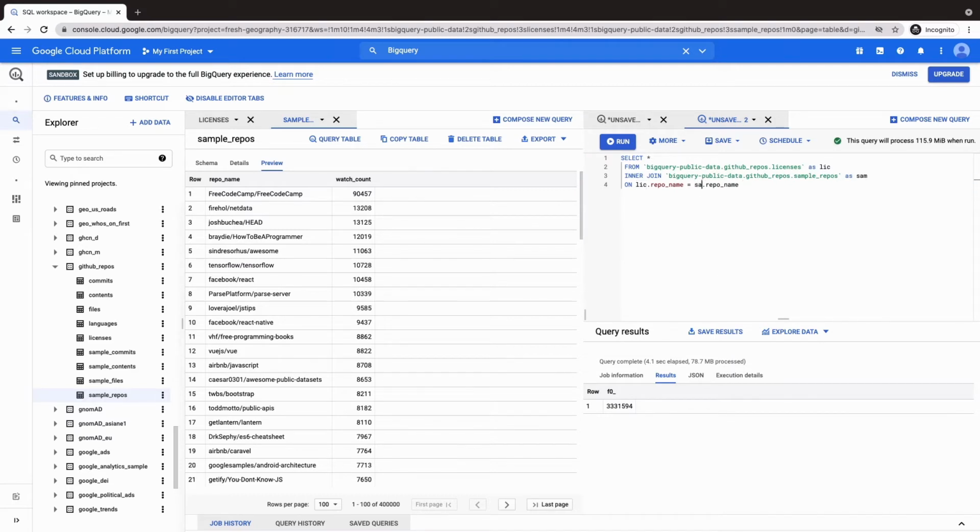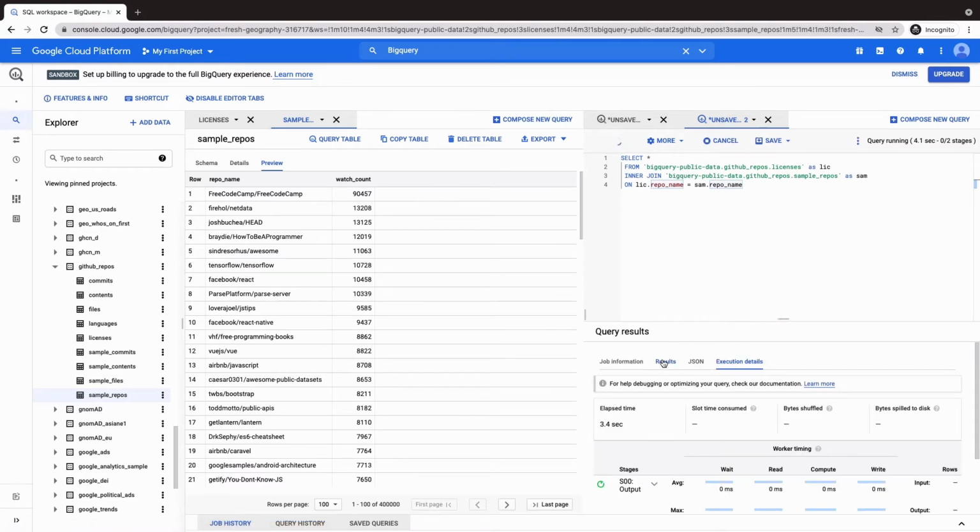But please note one thing: we are currently joining on repo name. It's common in this case that the same common field is named the same thing, but it doesn't always happen like that. So when we run this query,